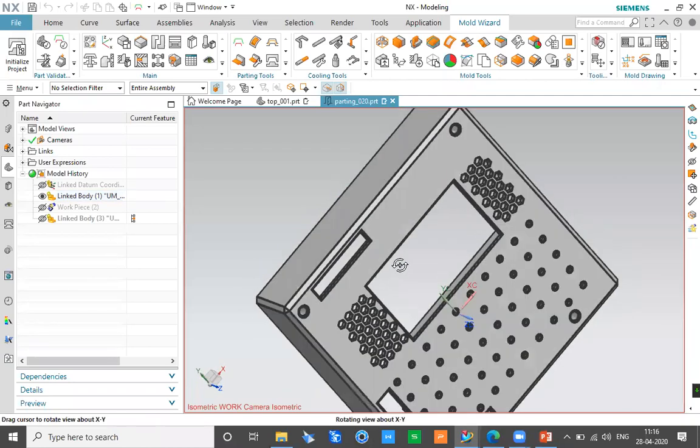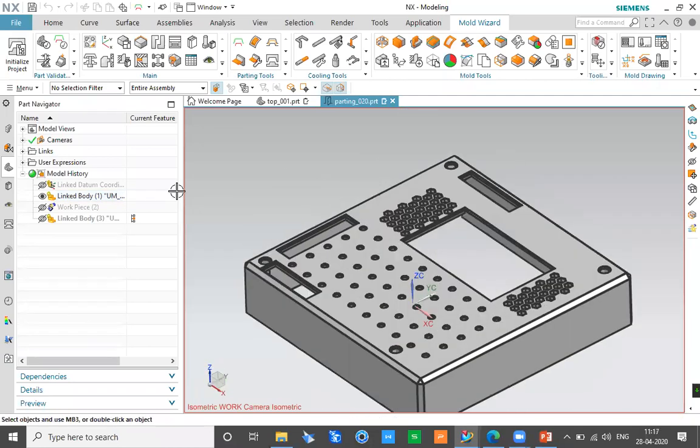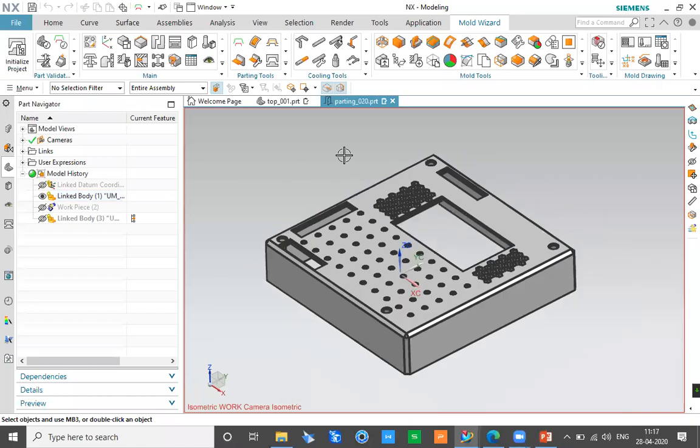I would even like to show you certain different options which we have inside Mold Wizard. When initiating the project, the first thing we have to do, as discussed, is define the material which is going to be used. The workpiece needs to be defined, as well as the coordinate system and other basic information. Before we start extraction of core and cavity and the advanced part of creating the mold, we have to do some basic validation checks on whether the product is able to be molded or not. So these are some basic, or we can say advanced, validation check tools.